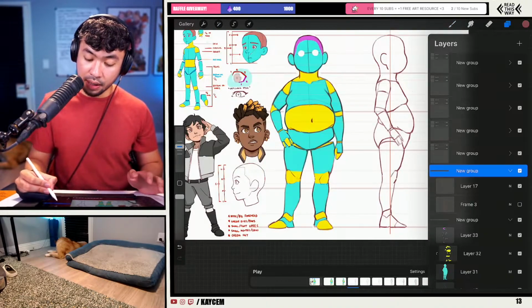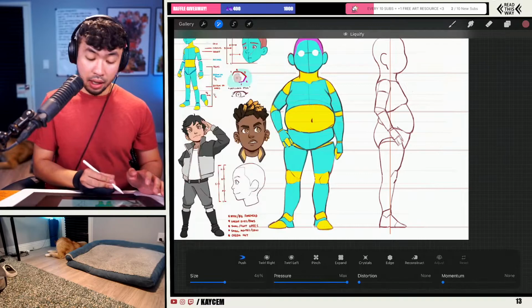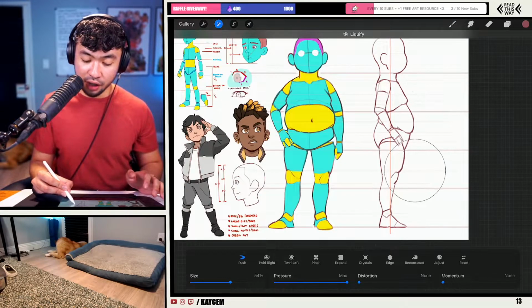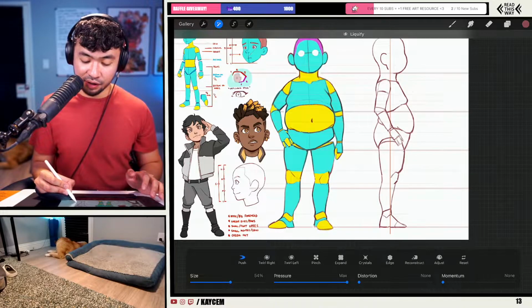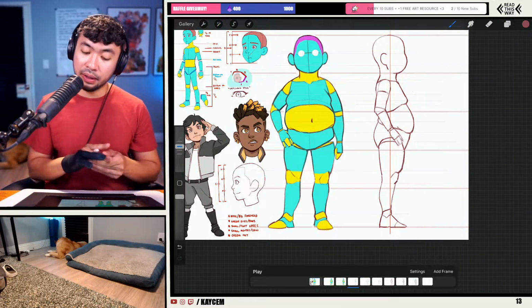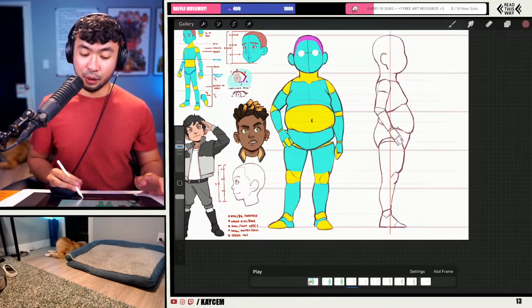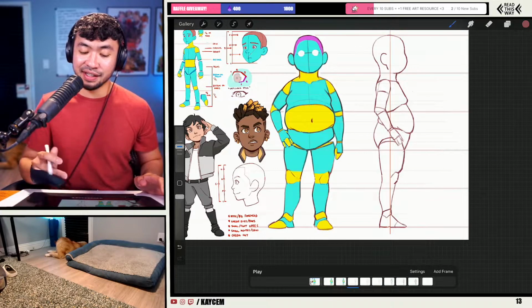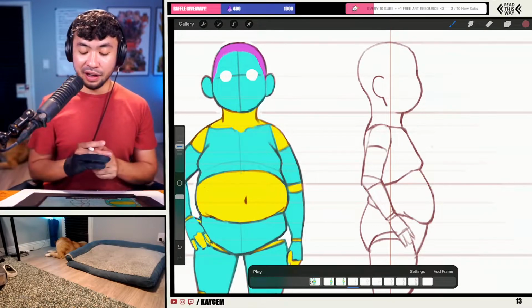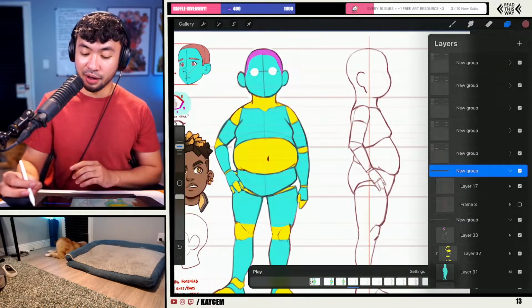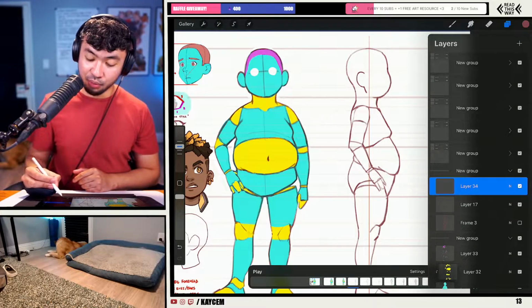But all right, let's go ahead now and kind of liquefy this one out. And I think we've got here a good chunky build for this character, this kid right here. So let me go ahead and kind of color them out a little bit more. And then I think here we've finished out this side view. So throughout me distracting you guys here with all this talking, we've managed to draw out here one chunky boy